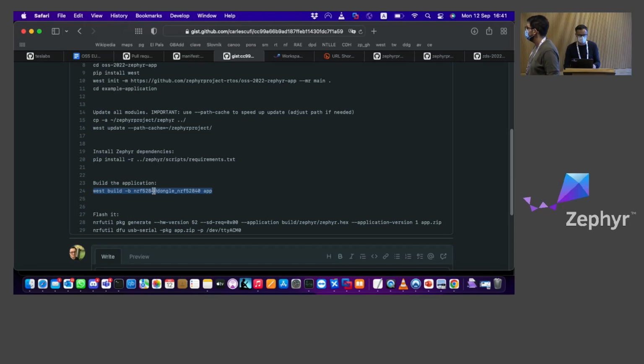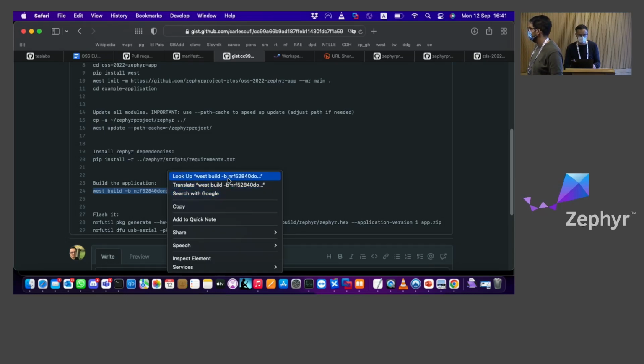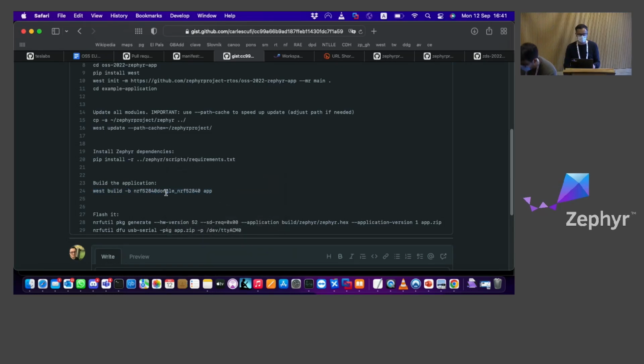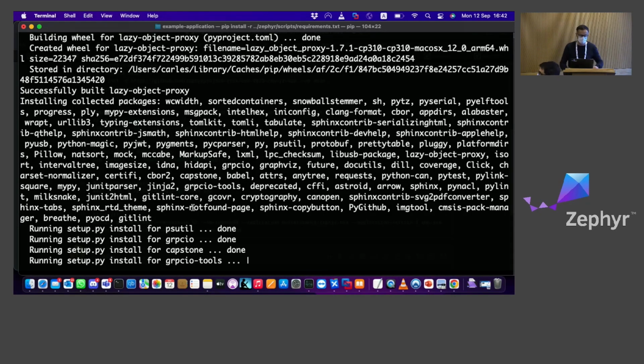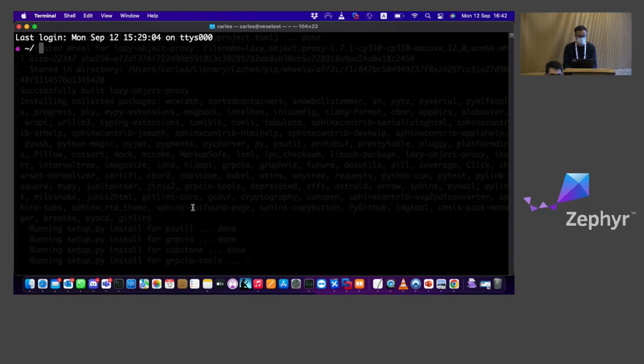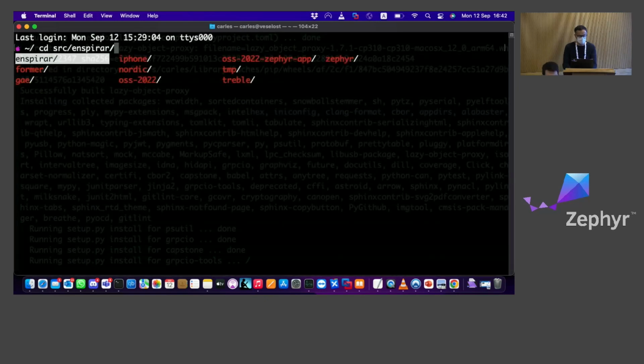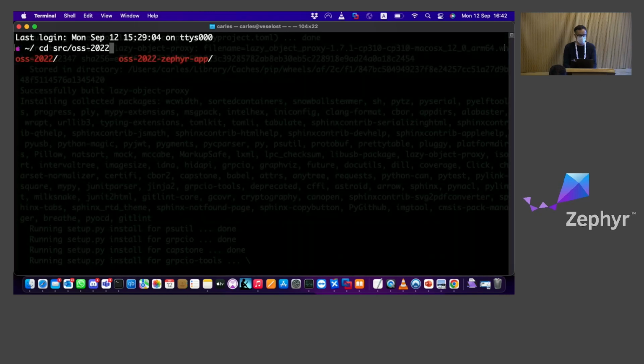They're just west build -b nrf52840dongle_nrf52840, and then app. In my case, this setup.py, I don't know why it's taking so long. You may want to change the name of the... Yes, exactly. That was my next thing, and for some reason... So let me. If you already have the code,